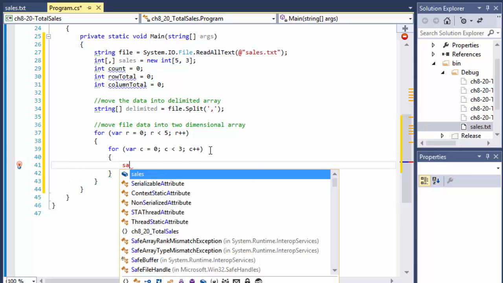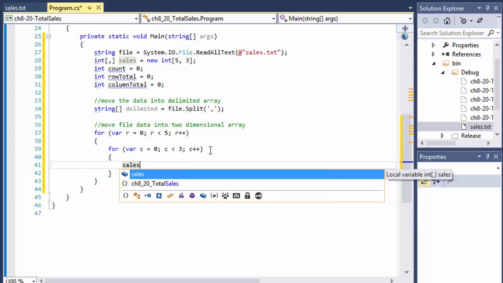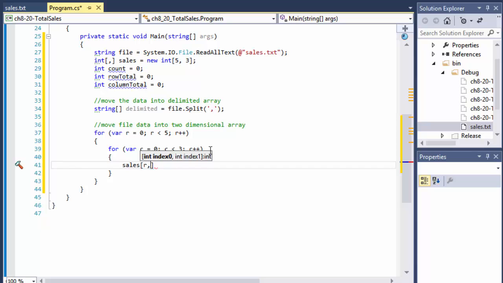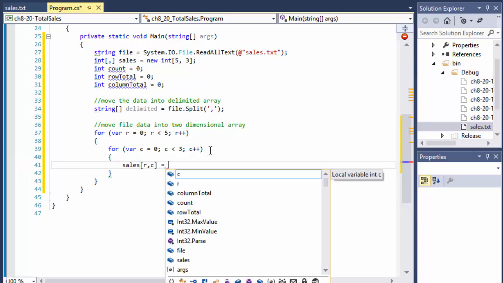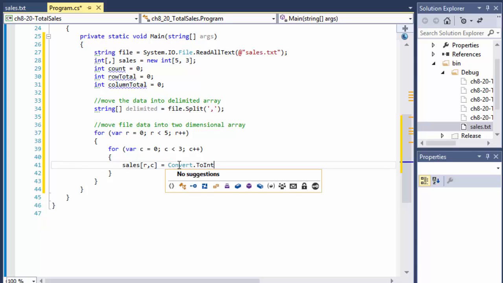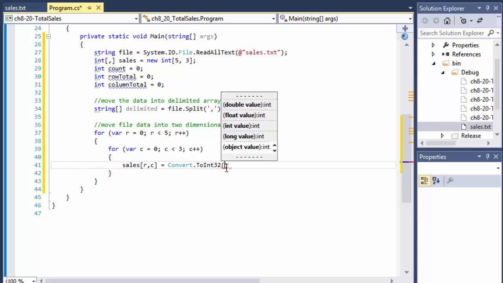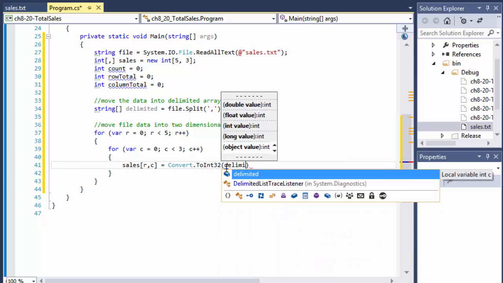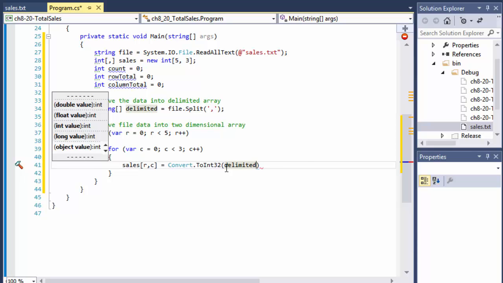let's populate our array. So it's sales, that's what we call it, sales of the index of R and C. So in this case the first index would be index of 0, 0. We will pass the first number to it, and since this is stored as a string in our delimited array, we need to convert it to integer, and we need to convert it because we are going to be using calculations. My IntelliSense seems to die on me, and we're converting the delimited,